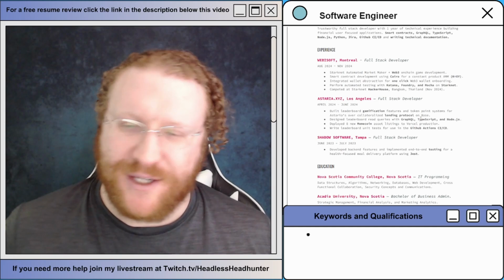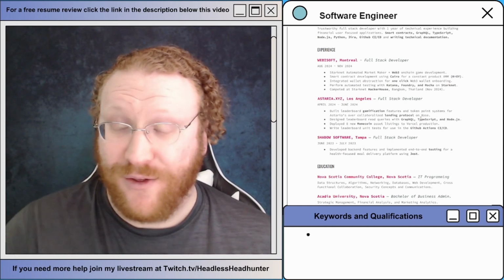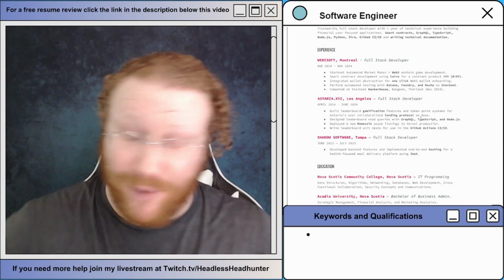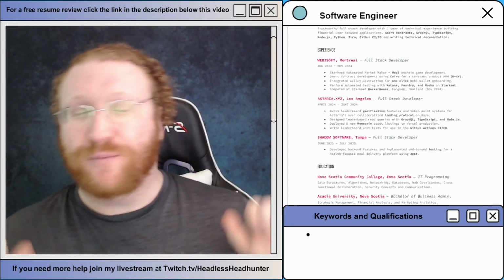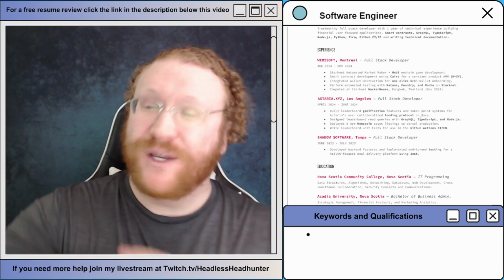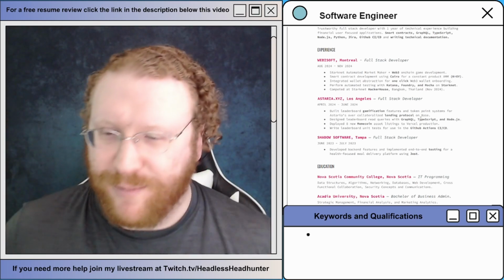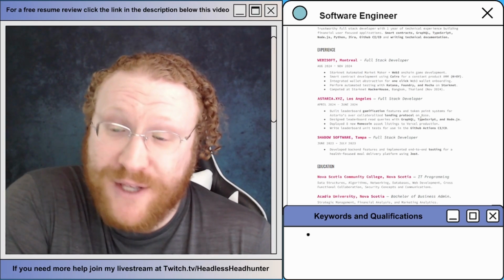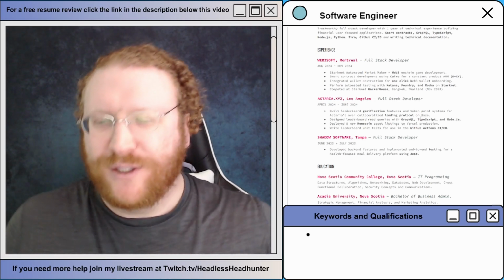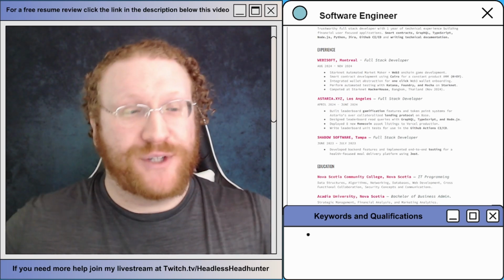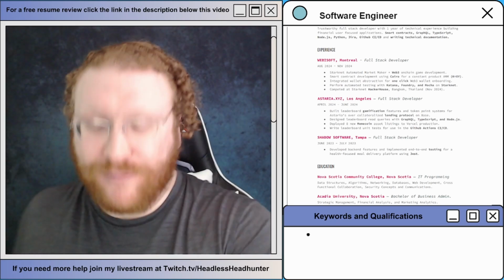So I'm just missing some keywords for full stack, and again, the biggest issue by far is it kind of looks like you've been job hopping. So if those were contracts, that's fine, just put contract. If they were interns, that's even better, just put internship. But if you have more jobs than years of experience, it triggers warning signs in managers. So that's all I can do for this one, and let's go to the next resume.